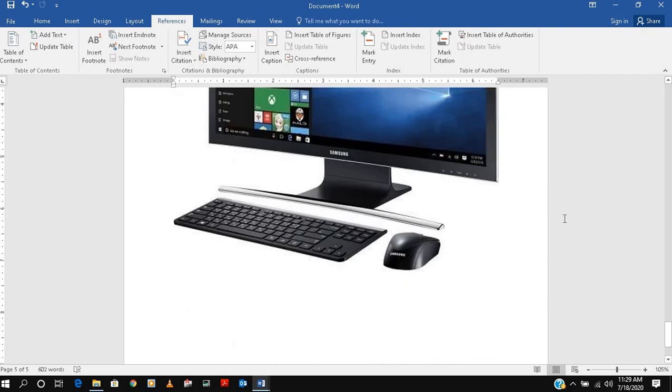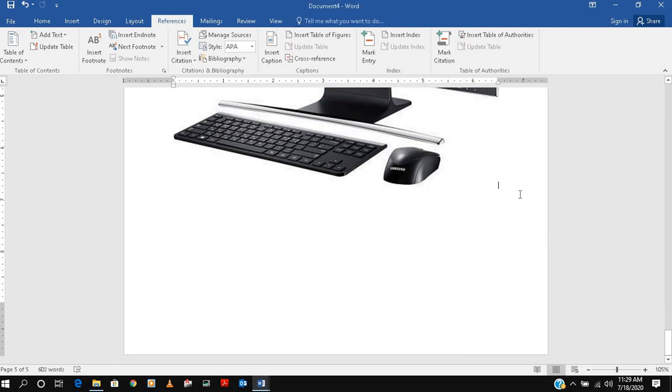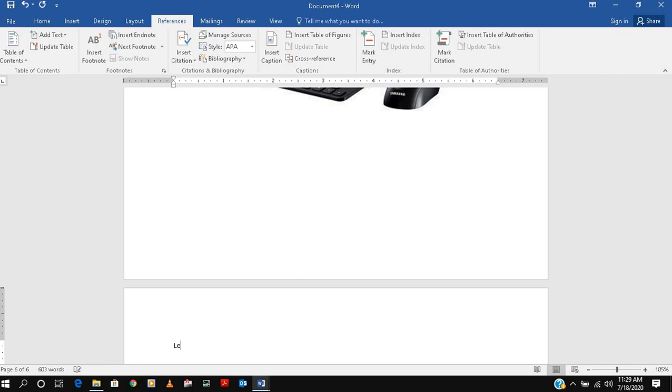If you are adding something, you just go below this and put Lesson 5, and put some text.